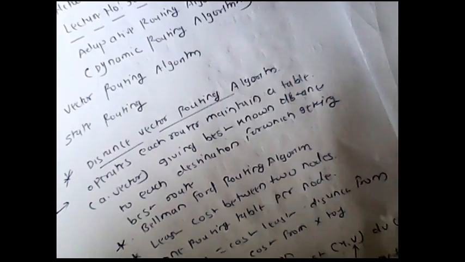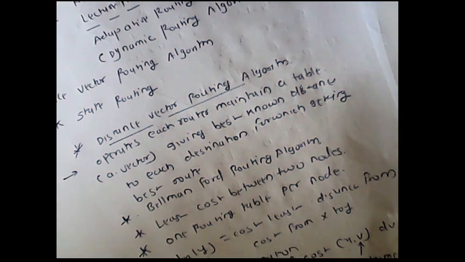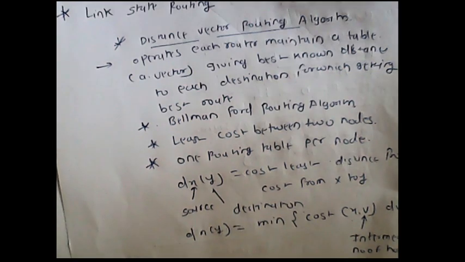So in this way we have defined two dynamic routing algorithms. First one is the distance vector routing algorithm, and second one is the link state routing algorithm. So we can stop here. In the next lecture we will see